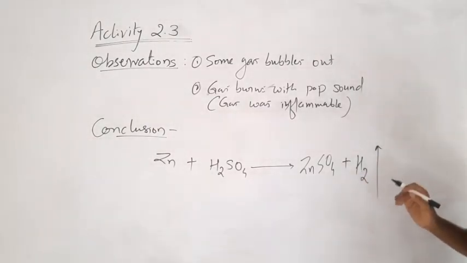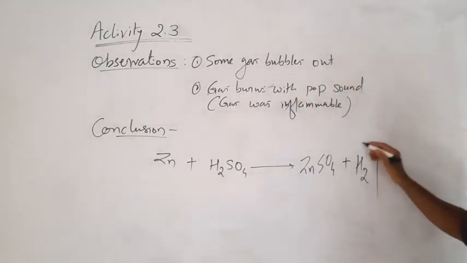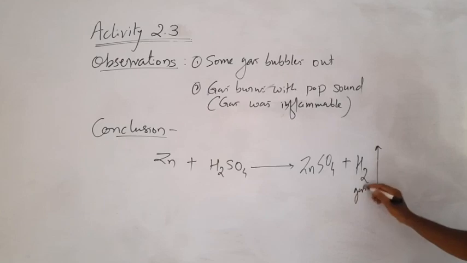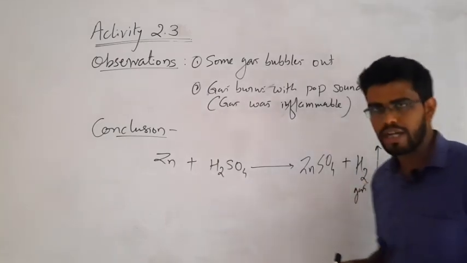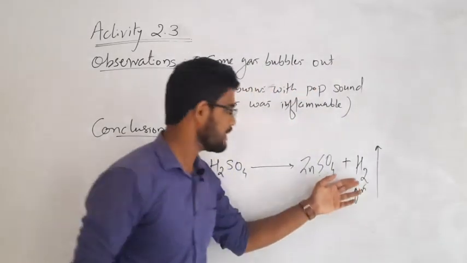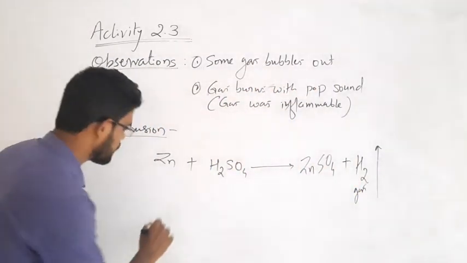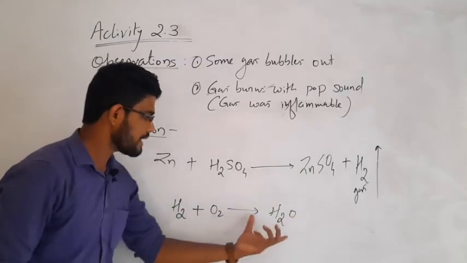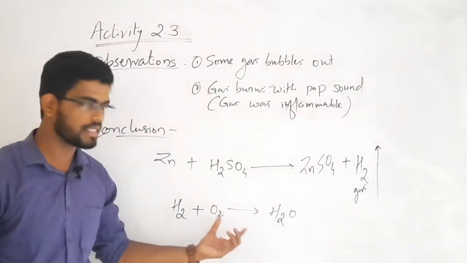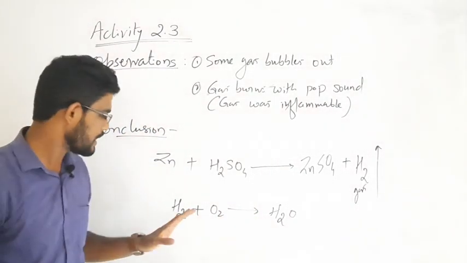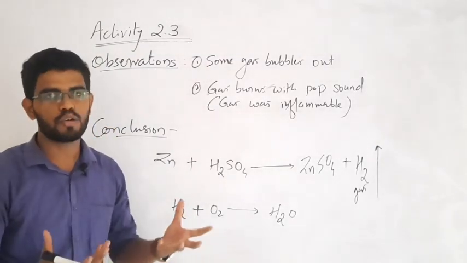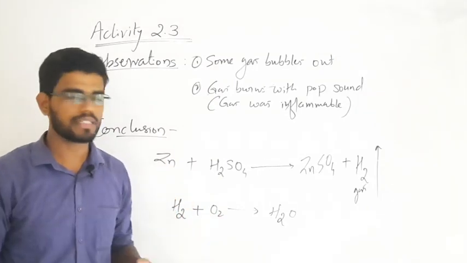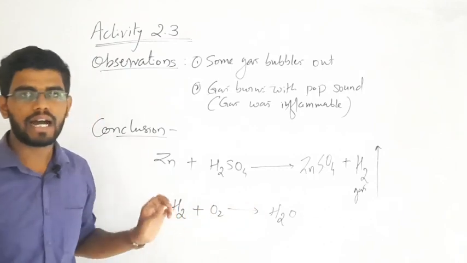Okay, so the gaseous bubbles we are observing there are nothing but bubbles of hydrogen gas, right? That's hydrogen gas which is evolving. Now we know hydrogen gas is highly inflammable. It burns quickly. It burns to give H2O, and this reaction is exothermic, so a lot of energy is released, right? So simply what is happening is that hydrogen burns and explodes, actually we call it explosive. So it explodes, and that explosion is the pop sound we hear, a sudden loud sound. So that's the sound of burning hydrogen, right?